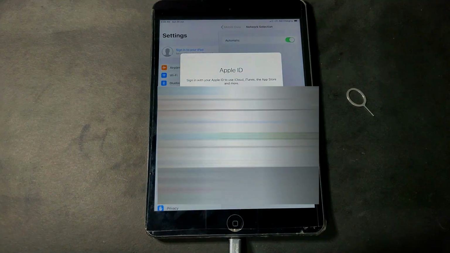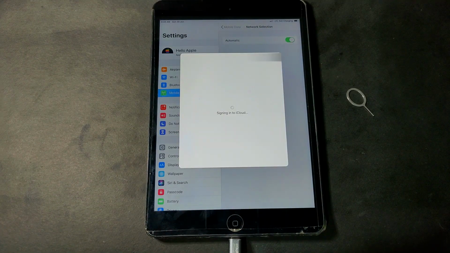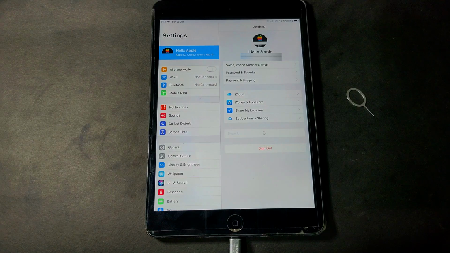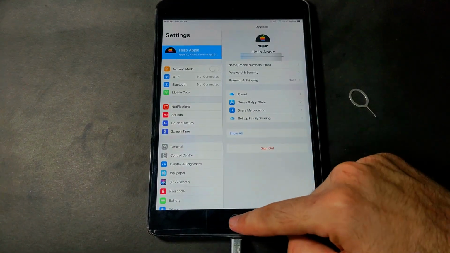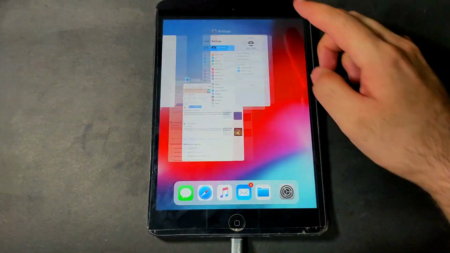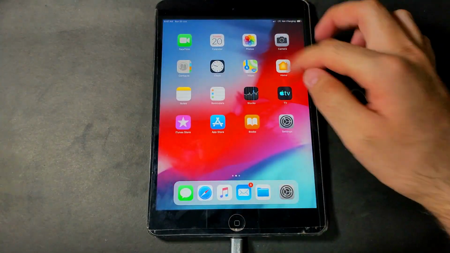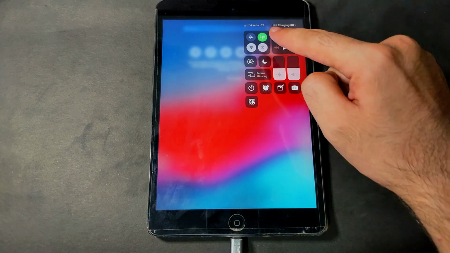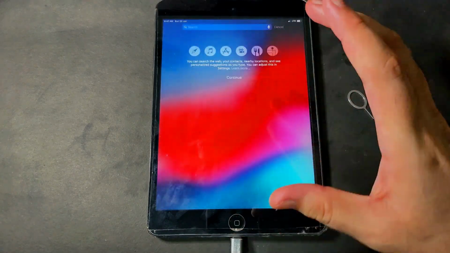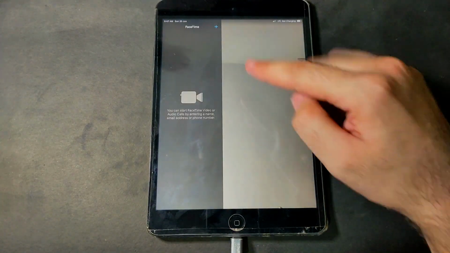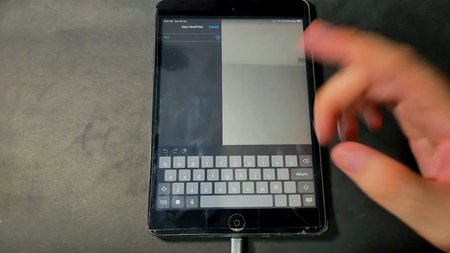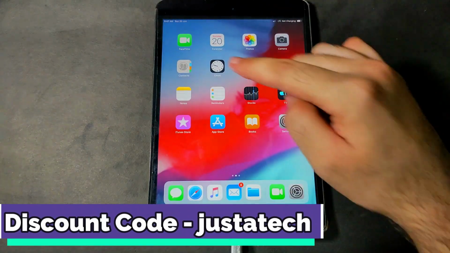Now I will show you the iCloud login is working. Let me sign in to my own Apple ID account. Now you can see that my iCloud login is working and everything will work, all the services including FaceTime and Siri, and you can see I'm doing all that through my mobile connection. The Wi-Fi is off, the data connection is on. Let me show you, FaceTime is also working. Now you can see we have successfully logged in to FaceTime, so you can place calls.